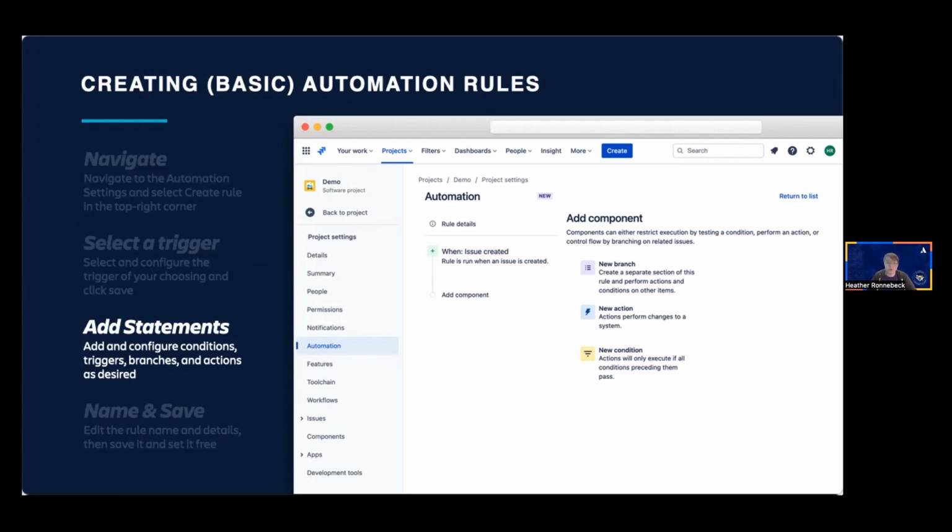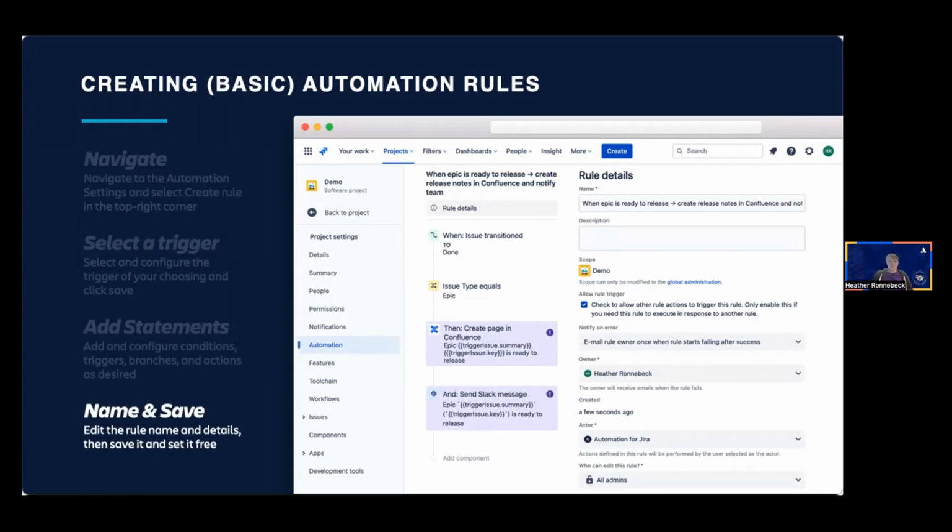The Atlassian community also has resources in their automation group that is available to people that want to create rules that are not found in this library. So please reach out there as well, or you can reach out to any of us if there's any help you need with your own rules. We'd be more than happy to help.